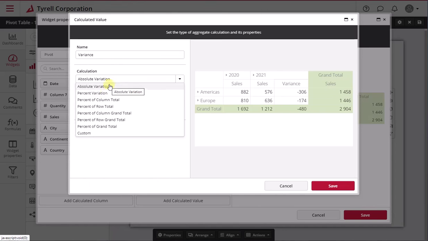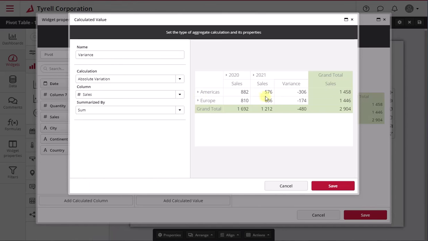The very first one is called absolute variation. And you can see here that I can pick any column, but I picked the sales column because that's the one that's visible here, and that's the one that makes more sense to do a variance on. And I variance by sum. I could also vary by the average of both of these, preemptively to the aggregation that I pick here. So in this case, if we see Americas, where we have 882,576 of sales,